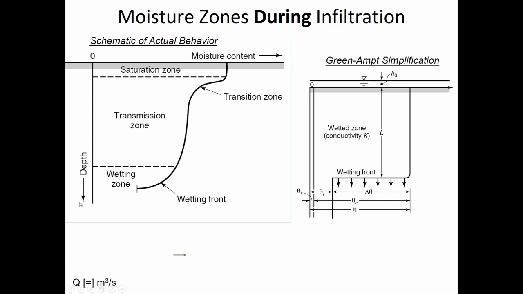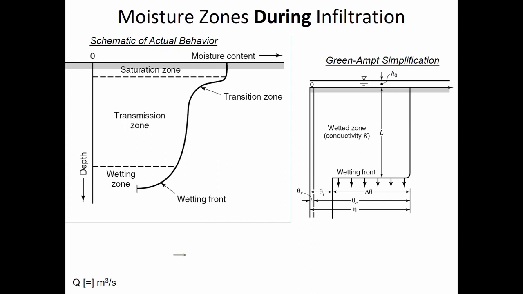Yeah, the water table would be below this and not shown. That's right. So the line itself, the data it's representing, is that the flow or is it the moisture content? It's the moisture content. Yep. And so here in Green-Ampt, it's saying